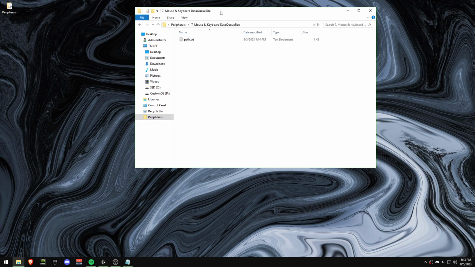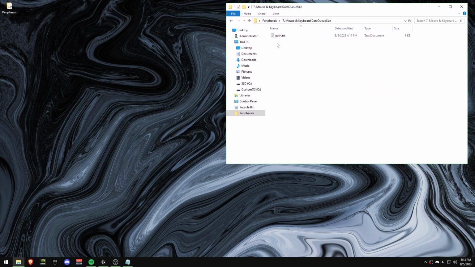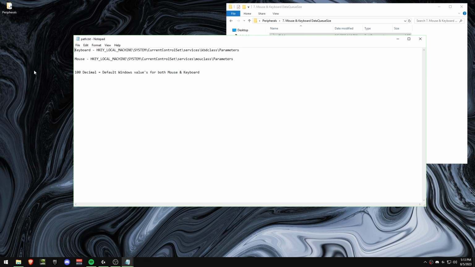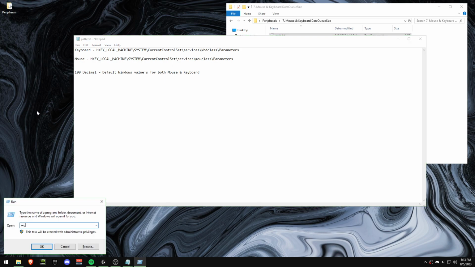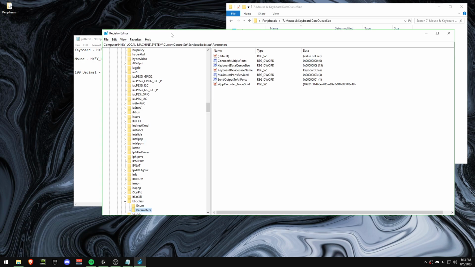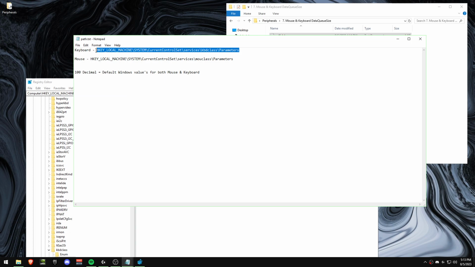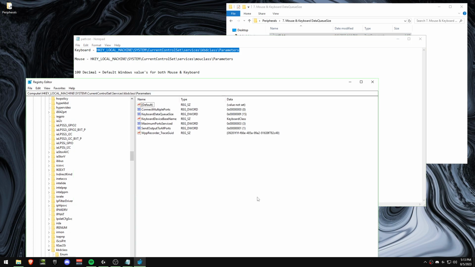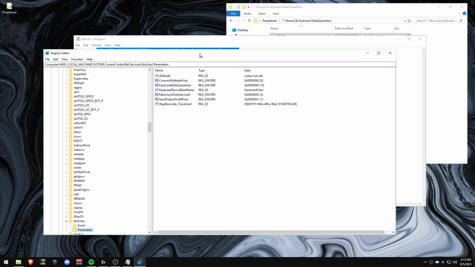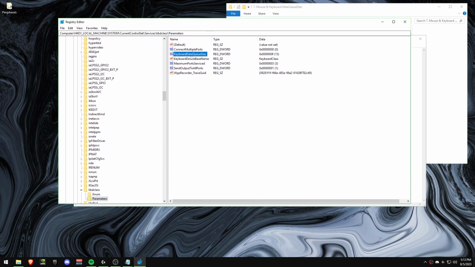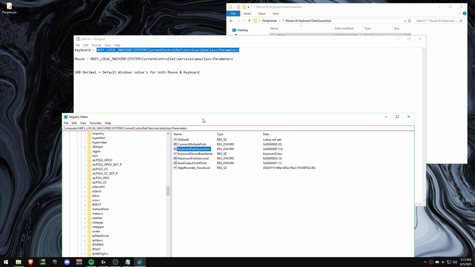Now, mouse and keyboard data queue size. Again, there's a path file, but this time it's a reg file. So again, Windows key plus R, then just type regedit. Alright, so for the keyboard, you want to copy this path, and it's going to send you over here. Then you're going to see keyboard data queue size. So for this thingy,